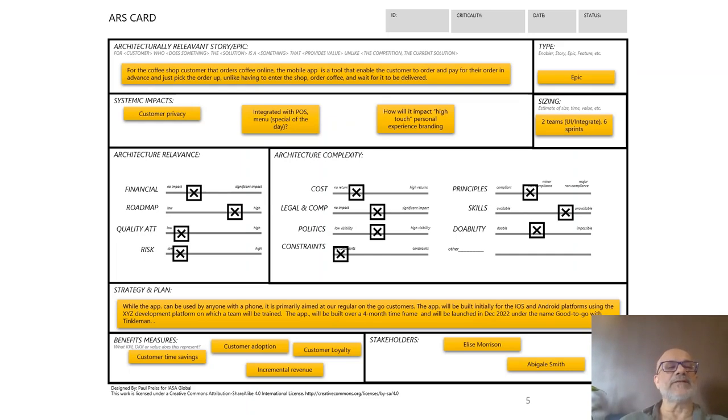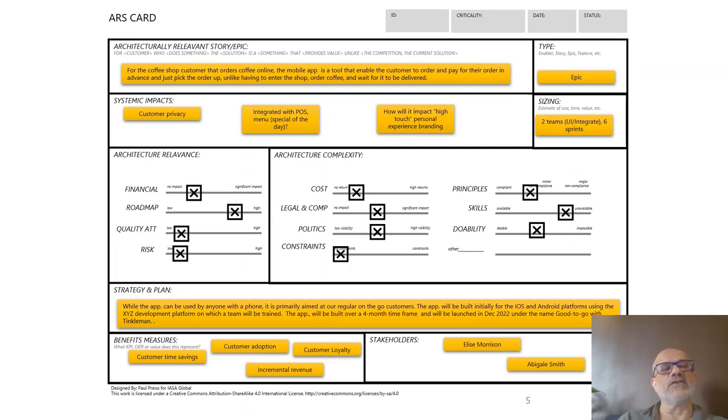Then there are specific measures across architecturally relevance perspectives and complexity perspectives. And here you can see financially, yes, there is a relevance, but it's not too high. And my guess is probably because the real value that this is supposed to generate is customer loyalty, customer satisfaction, essentially.